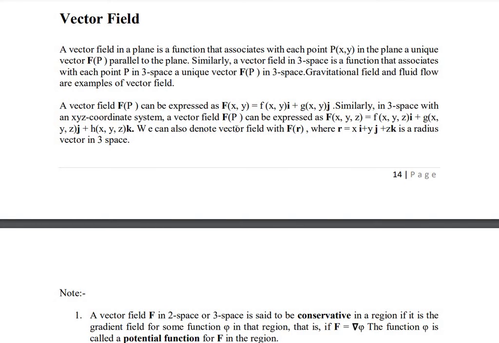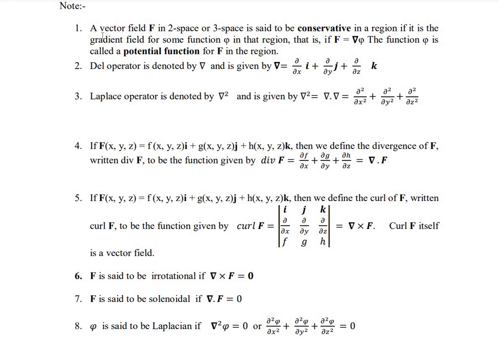We can also denote the vector field with the vector f of vector r, where vector r is equal to x i cap plus y j cap plus z k cap, which is the radius vector in 3 space. So we have some notes. A vector field vector f in 2 space or in 3 space is said to be conservative in a region if it is the gradient field for some function phi in that region. That is, if vector f is equal to del phi, the function phi is called a potential function for f